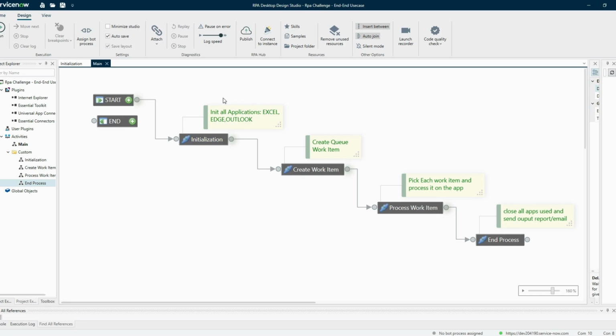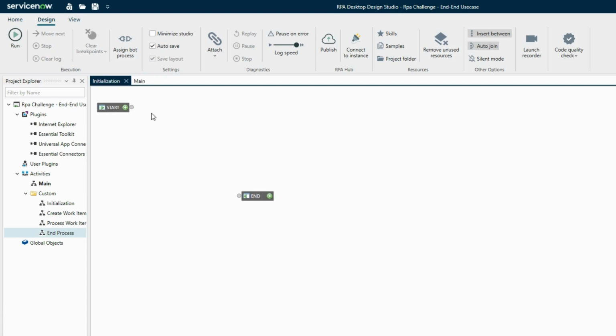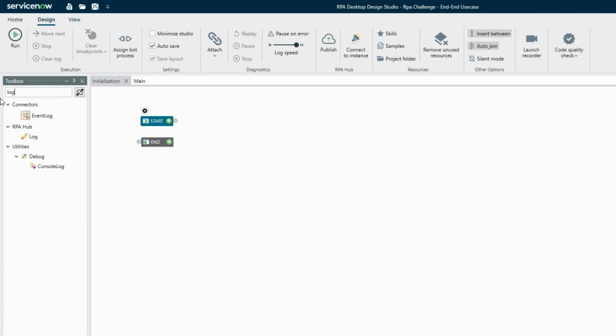In real time, as you will be running your process on a different machine, make sure that you have your desktop clear for your automation to begin with. So the first step would be clearing your existing applications, or killing your applications. In that way, I'm going to add a separate activity which we'll call the kill activity. Let's also add a log message,